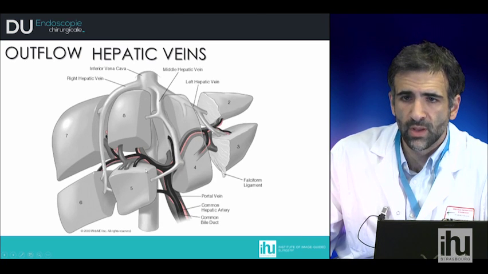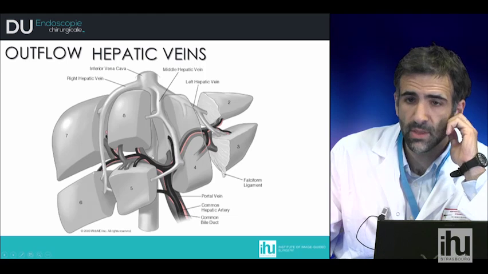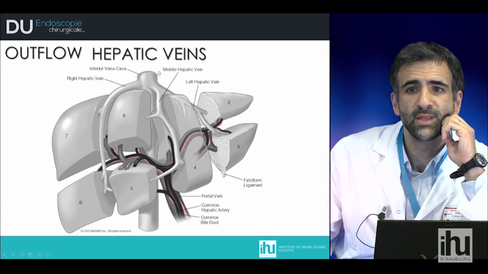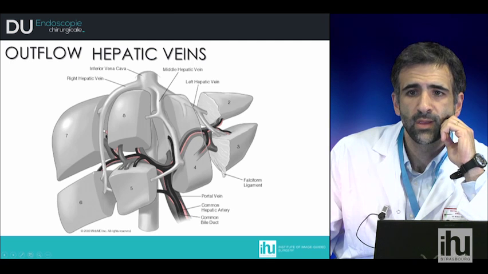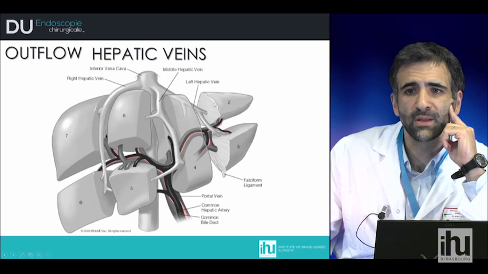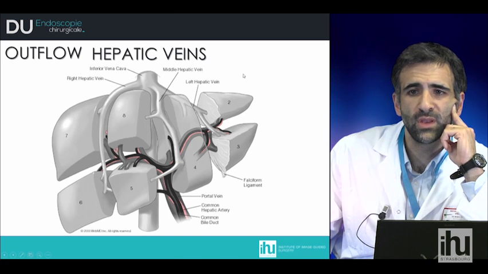So the outflow, as we see in this picture, is very important and is divided by the hepatic veins. We see the right hepatic vein in this picture, the middle hepatic vein, and the left hepatic vein. Every segment of the liver is drained by one of these veins, which is responsible for the definition of the segments